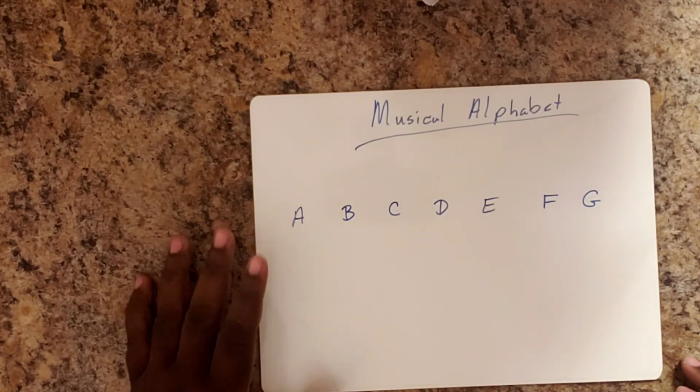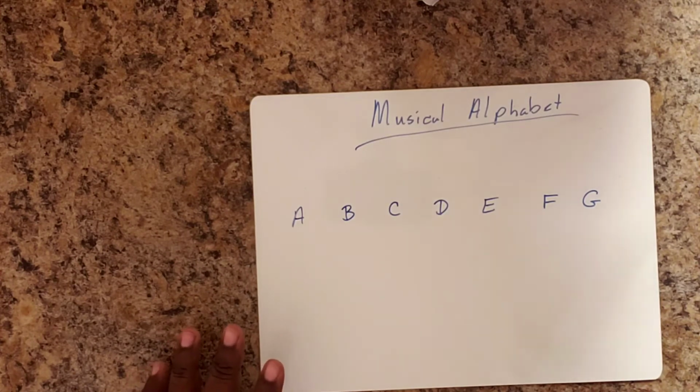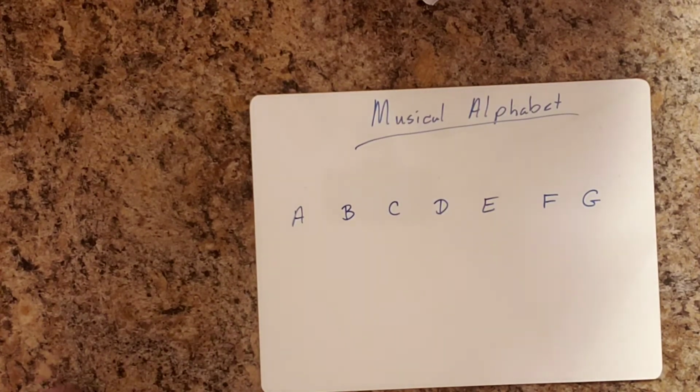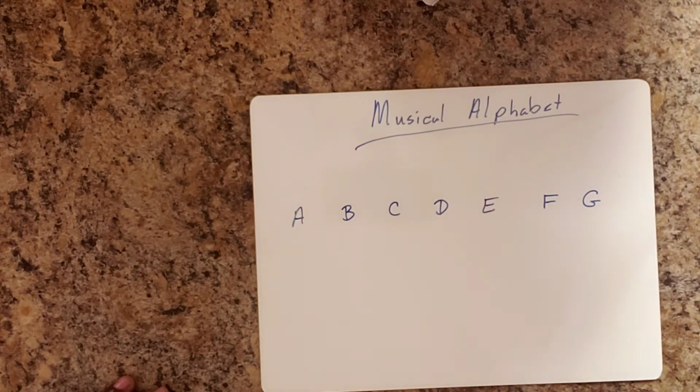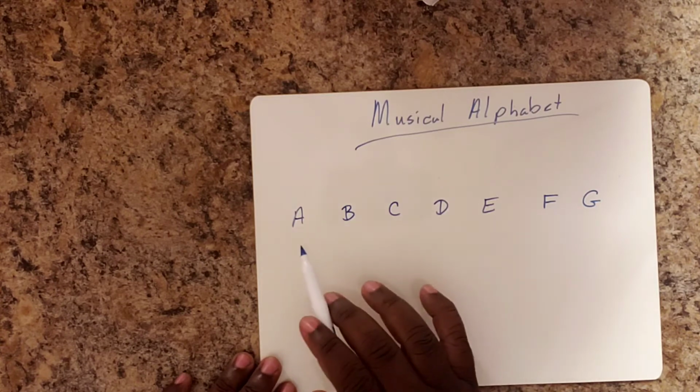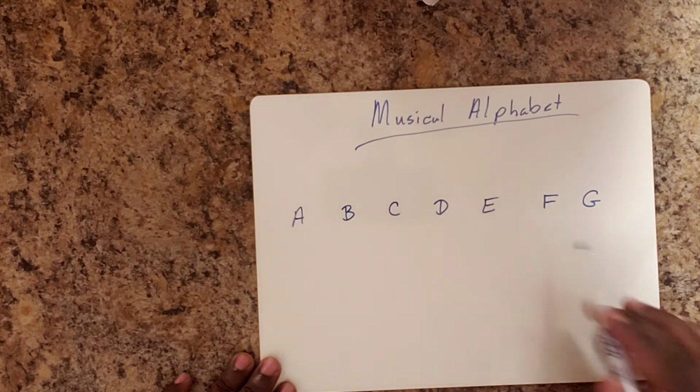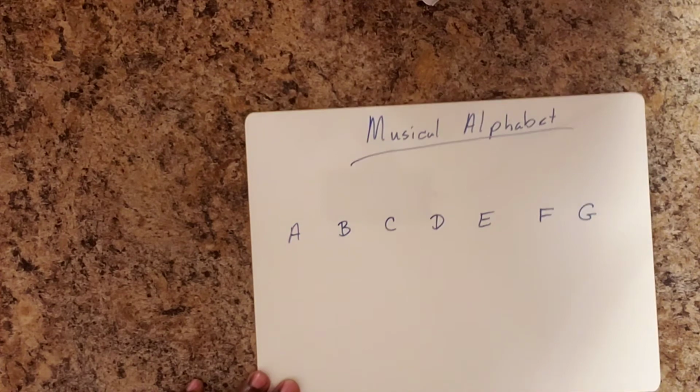We assume that we are ascending on a staff or pitch-wise, as in the notes are going up, they're going higher. And if we go backwards from G to A, it is safe to assume that we're referencing the notes going lower. So for example, if we were going A, B, C, D, E, F, G,